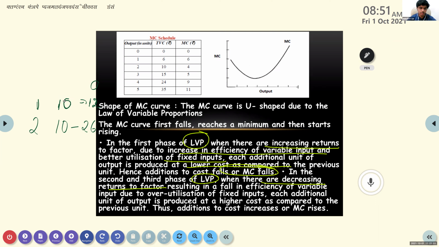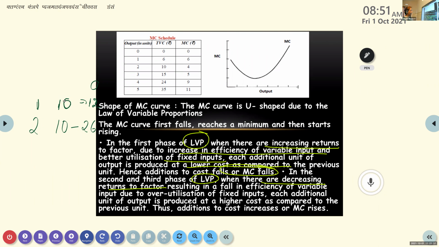Increase in output by 14. So that 14 is the result of which particular factor? The variable factor, the second one, right? So that is returns to a factor, when we say that 14 is associated with the second factor. That is what you mean by returns to that particular factor. When we employ one input, what increase you get, that is what you mean by returns to a factor.